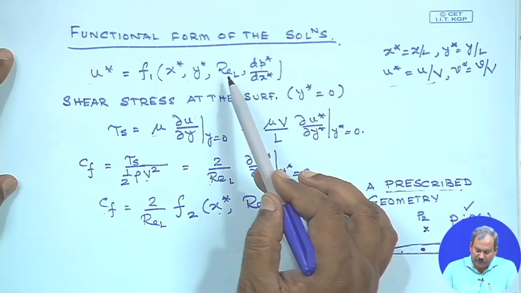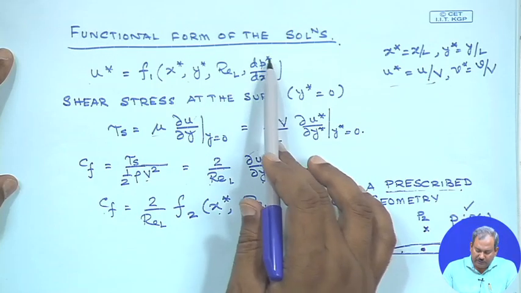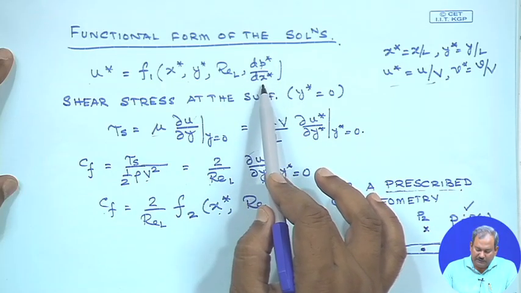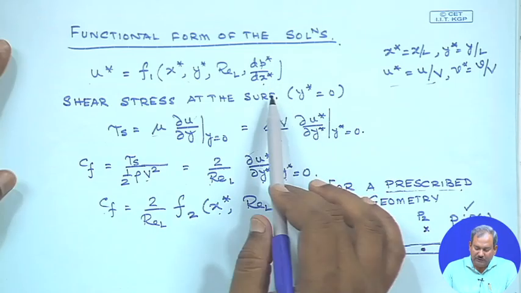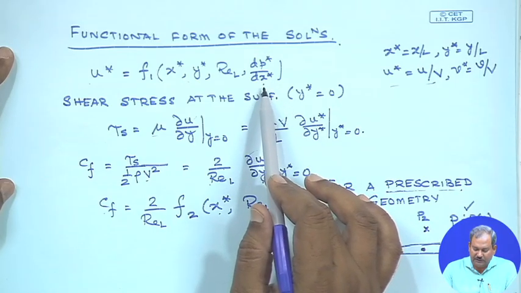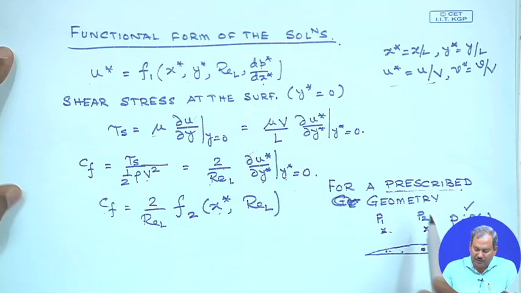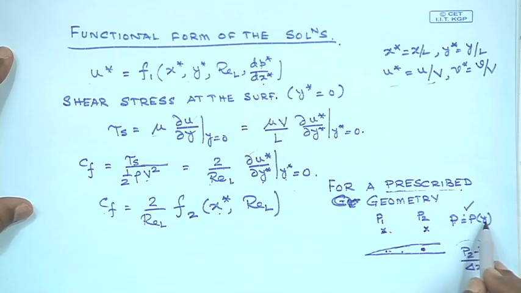It is going to be a function of Reynolds number, but if you define the geometry, if you prescribe the geometry, then dp star dx star, the pressure gradient, can be obtained through the use of, let us say, Bernoulli's equation in the inviscid flow region outside of the boundary layer, and p is not a function of